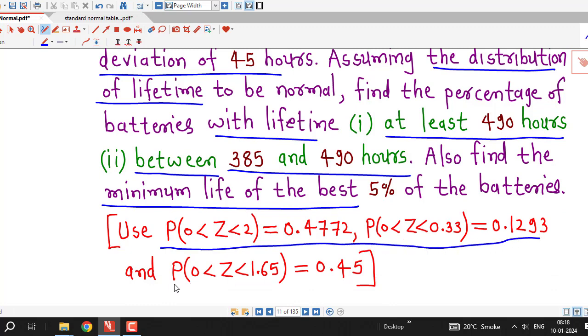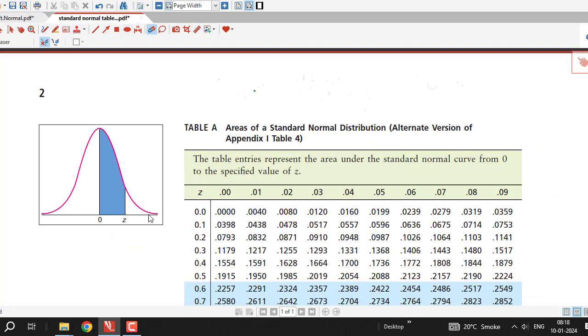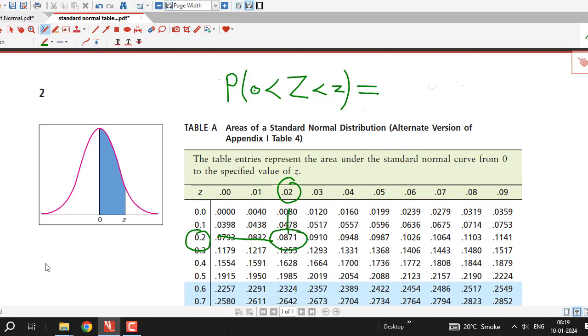standard normal table. We are familiar with the standard normal table. We know that in the standard normal table the values given are of this type. Probability that z lies between 0 and small z is given in this table. For example, if I have 0.2 and here I consider 0.02, then this probability 0.087